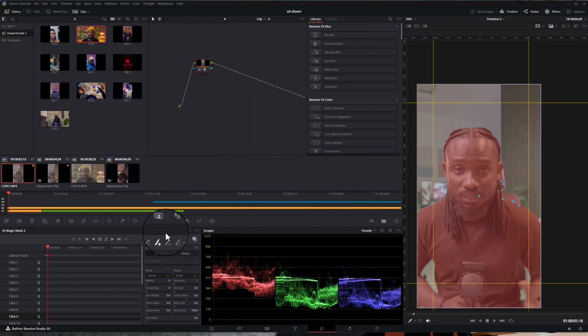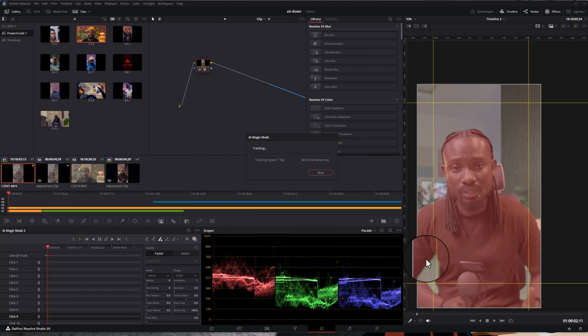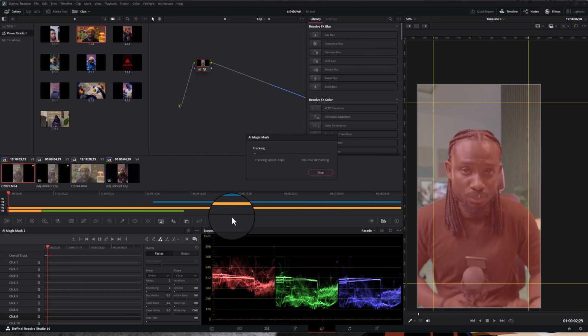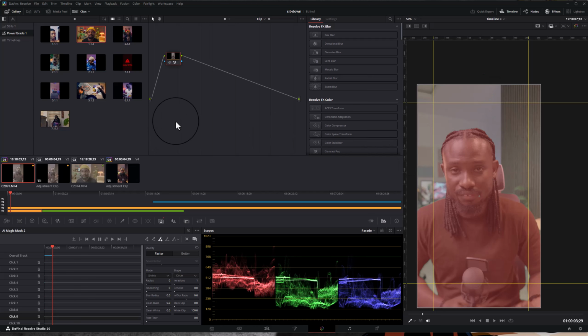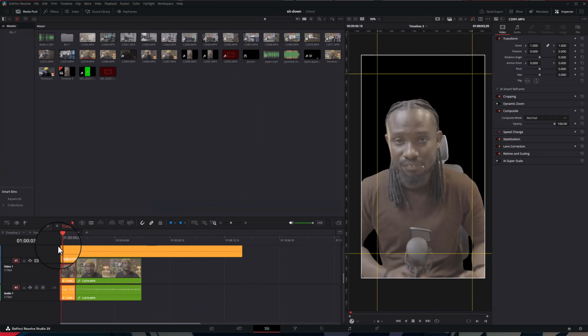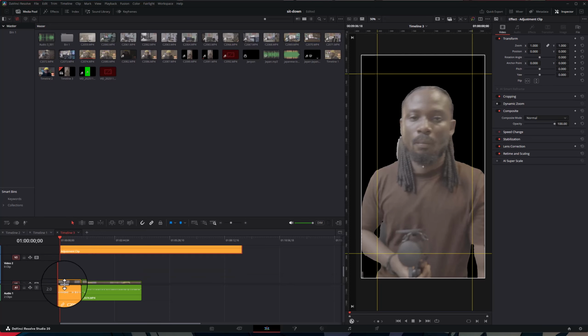Okay, if we are satisfied with our tracking, with what we have already, let's stop it here. Remember, we said we are not going to see our transparency effect until we add what? An alpha output. We can now drag this and link it up here. When we go into our edit page, voila, you see that we don't have a background anymore. So if I bring this one now up,